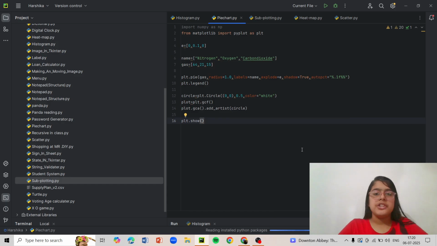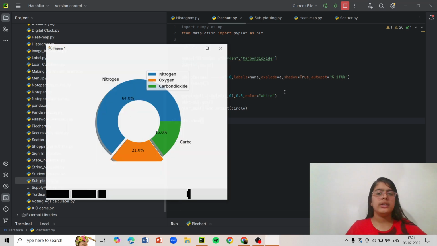So now what is a pie chart? We all know a pie chart is a circular chart which is really nice to look at. We use pie charts in various templates or various PPTs that we make. We also use it in projects because it looks beautiful and it attracts more attention to the main topic of the project or anything that we are making. So I'll just show you how it works.